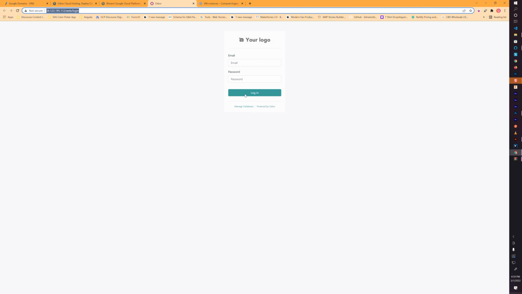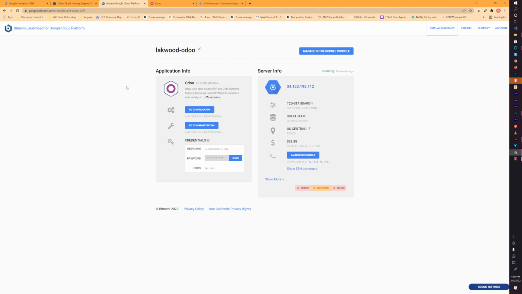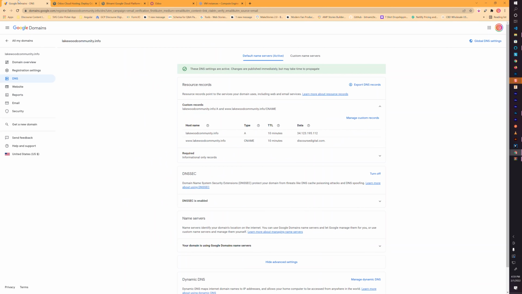And I wouldn't want to log in here. These are going to be unencrypted and passed over. We're going to update them later anyway, but I want to show you the proper way of doing it first. So we're going to set up our IP address with our domain name, and we're going to set up a CNAME so that the www also resolves to our main